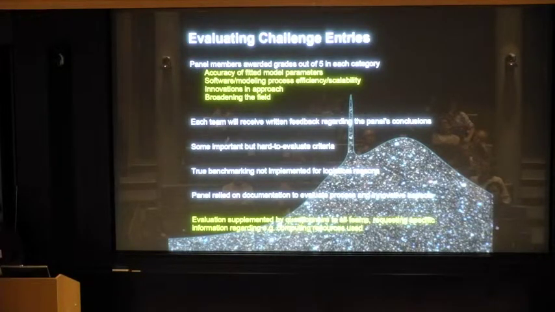And in particular, evaluating how efficient their software or their process was, a true benchmarking system, was not included in this particular challenge. We did think about it. The difficulty is, in order to do that properly, you really have to have consistent hardware, and for logistical reasons, that was not easy to do at the time. That is something that we may come back to in a future challenge. But for that reason, there was some subjective analysis for which the panel relied on the documentation provided.